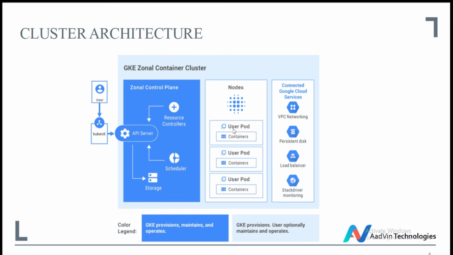Some applications might consist of multiple containers running together. So in some applications we have multiple containers running together. So Kubernetes abstracts containers into a concept called pod. So inside the node we have pod. If multiple containers are running, we can use pod for that process. Inside the pod there will be multiple containers running.